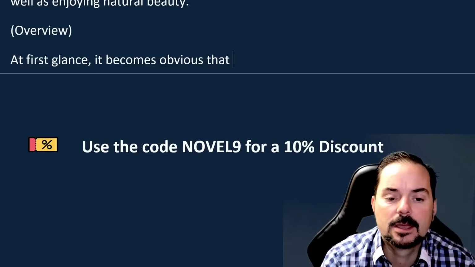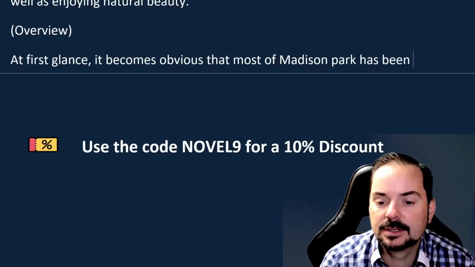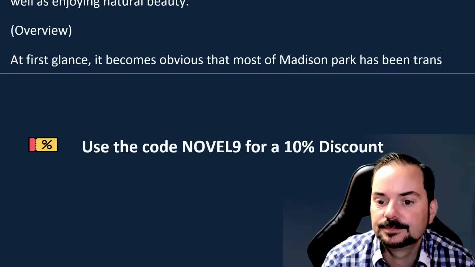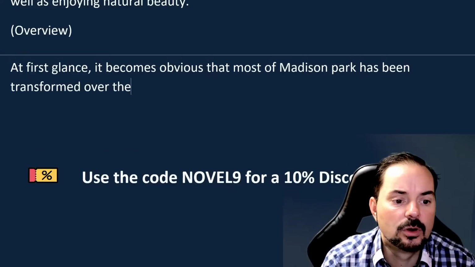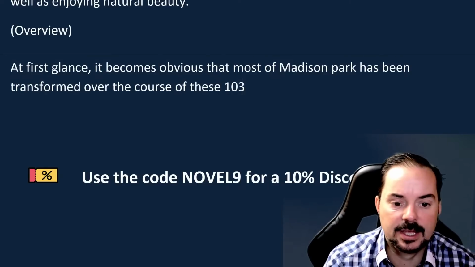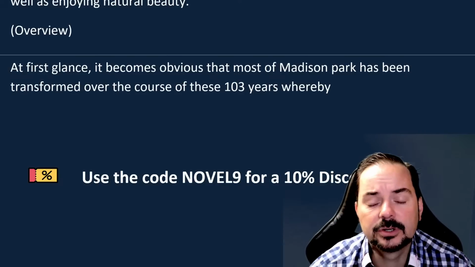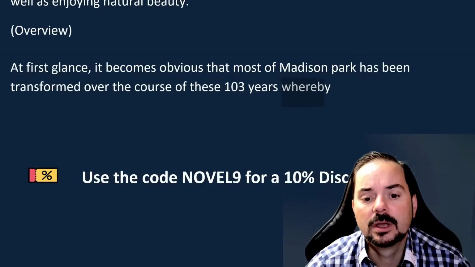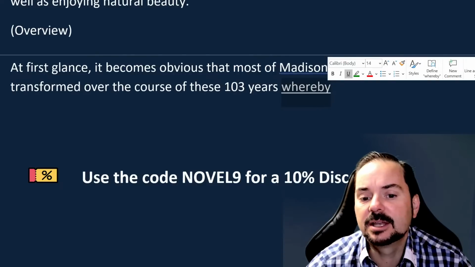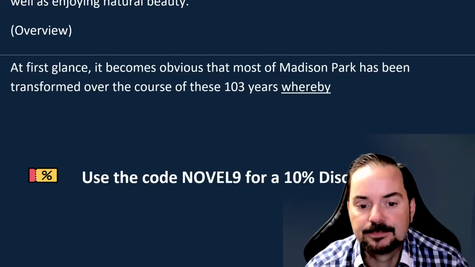that most of Madison Park has been transformed over the course of these 103 years, whereby is a nice connective word. Learn that one. Okay, so whereby kind of means like meaning in this sense. So Madison Park, big P. Okay,